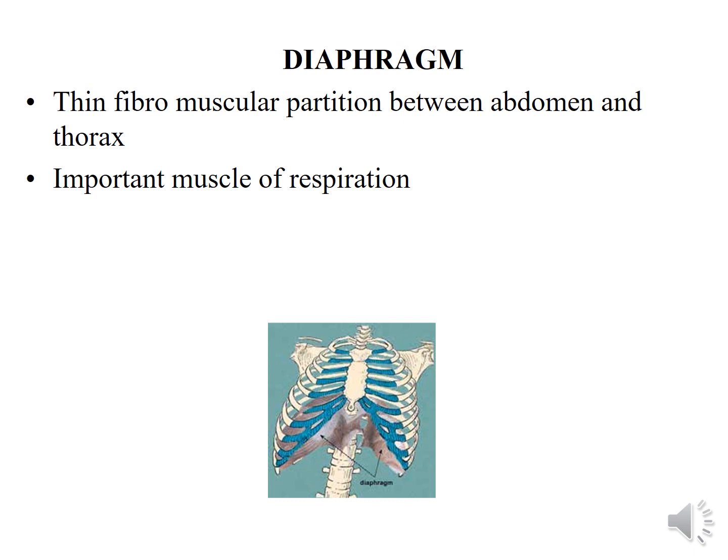So what is a diaphragm? It is a thin fibromuscular partition between abdomen and thorax. It is basically a dome-shaped musculoaponeurotic partition intervening between the abdominal and the thoracic cavity. We can say that the diaphragm forms the roof of the abdomen, and the thoracic surface of diaphragm is convex on the right and left sides in the form of two domes, the right and left domes, and it is depressed in the middle, which is the central tendon.